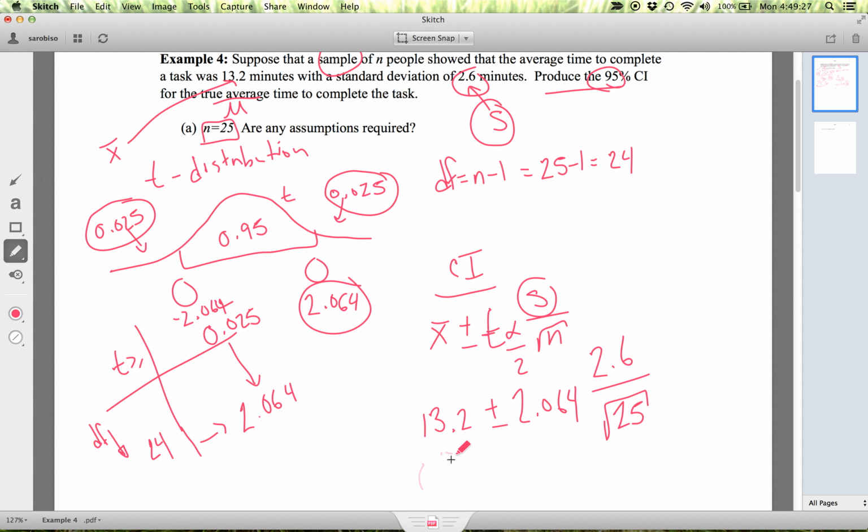Okay, we can get both of our values, both the negative and the positive values, by using our calculator and finding the value 12.127, and the larger value to be 14.273. Let me just remind you quickly how to do this in